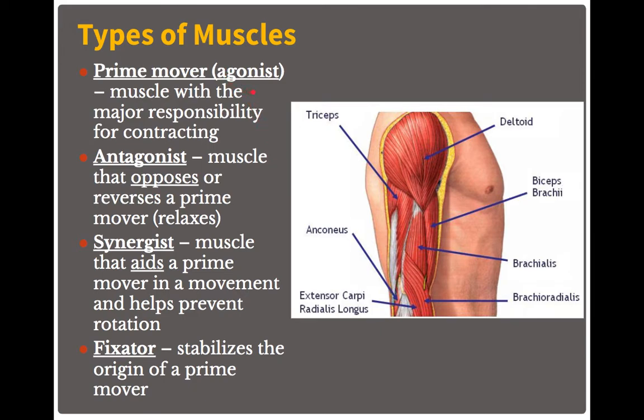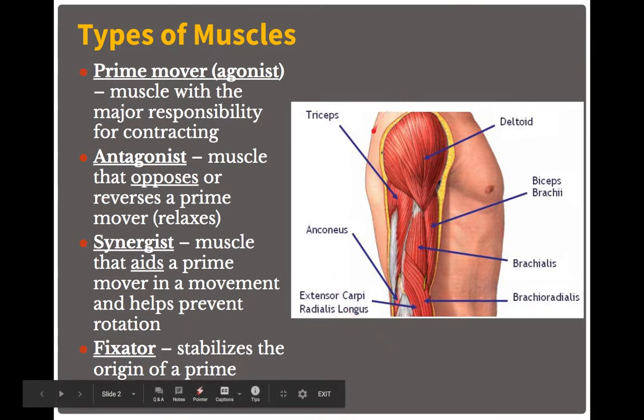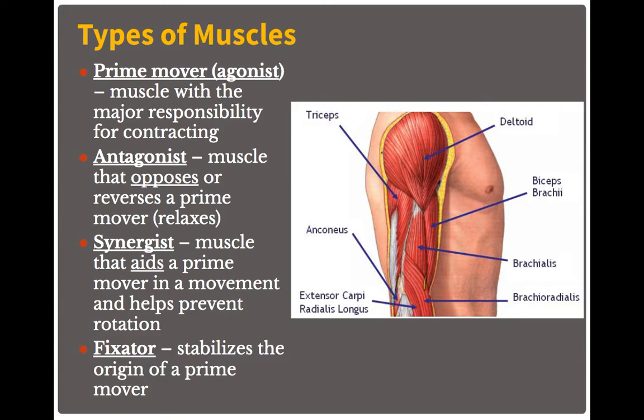The prime mover is also called the agonist, and it's the muscle with the major responsibility for contracting to accomplish that body movement. So I want you to identify what is the prime mover out of all of these muscles shown here. What is the prime mover in flexing the arm? So the answer is the biceps brachii. When this muscle on the anterior side of your upper arm contracts, then it's going to pull the lower arm